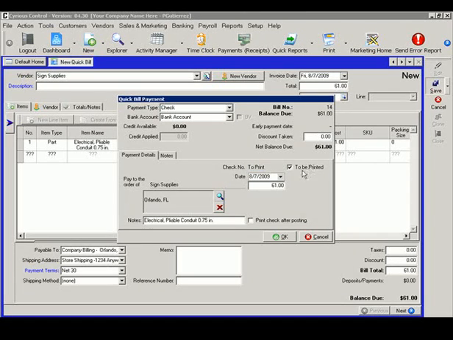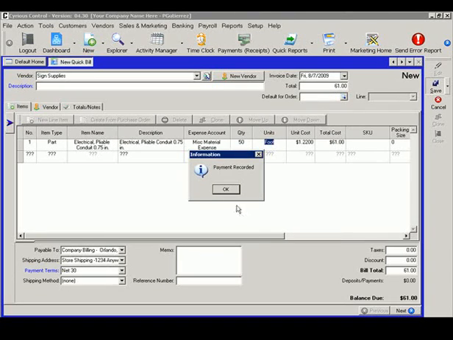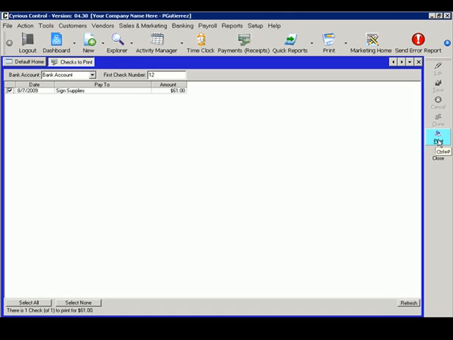In this case, we're going to select to be printed, and if we select this box, after we post the payment, the print check screen will come up immediately after we post the payment. So let's click OK here, and this is going to apply the payment to the bill. It will save the bill, and then the print check screen will pop up. And so from the checks to print screen, we will select the check or checks that we want to print. Over on the right hand side, we will hit the print button,